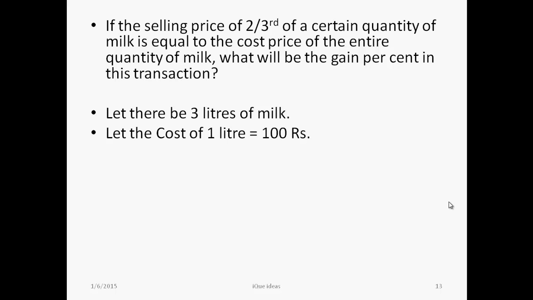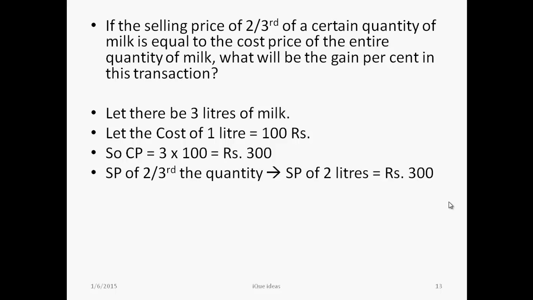Let the cost of 1 liter of milk be rupees 100. Make life simple. So the total cost price for 3 liters would be rupees 300. Now, it is given that the sale price is 2/3 of the total cost. So the sale price of 2/3 the quantity, that is 2 liters, is rupees 300. So out of 3 liters, 2 liters have been sold at rupees 300, which means the sale price of 1